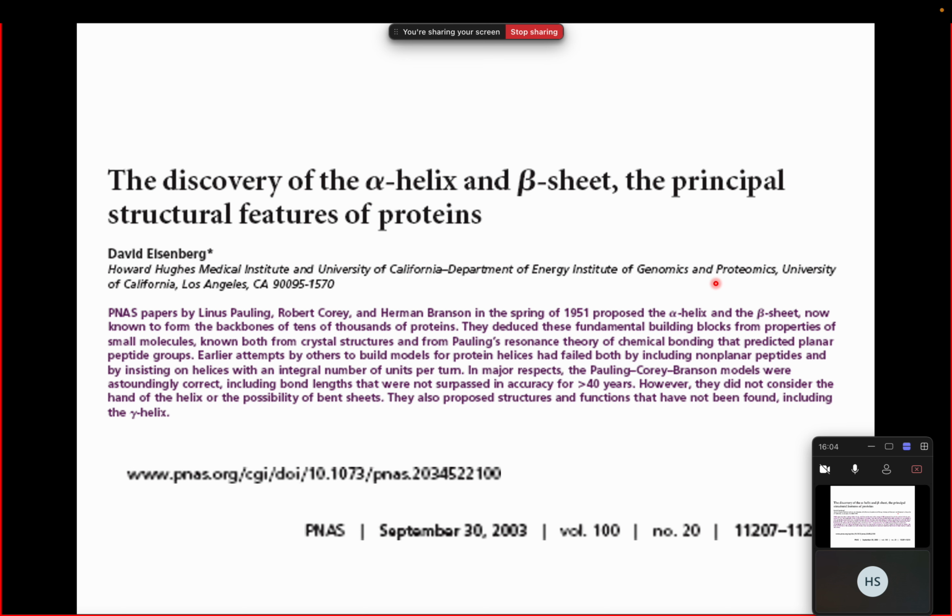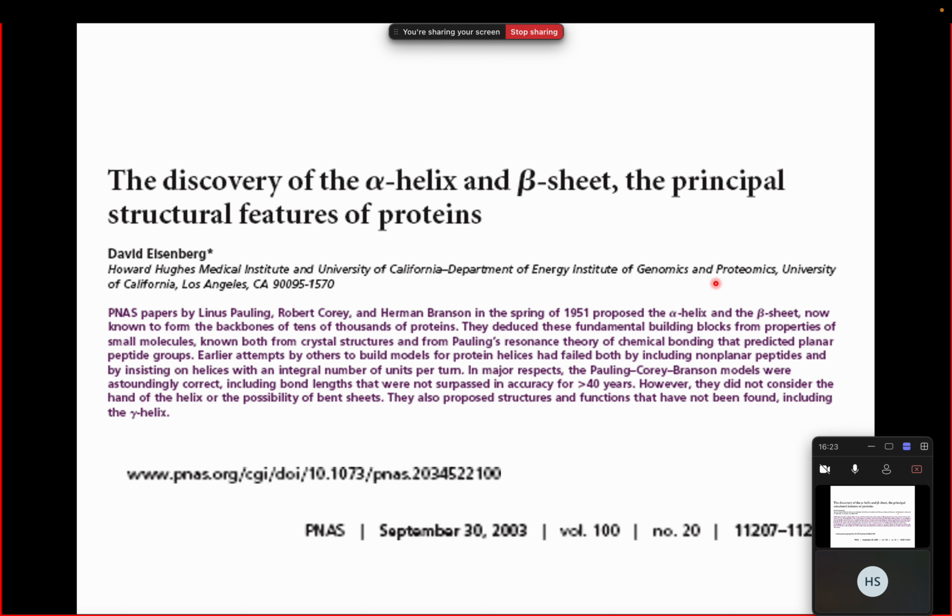However, they did not consider the hand of the helix or the possibility of bent sheets. They also proposed structures and functions that have not been found, including the gamma helix. Okay, so this was a commentary in, I guess, 2003 when it came out,